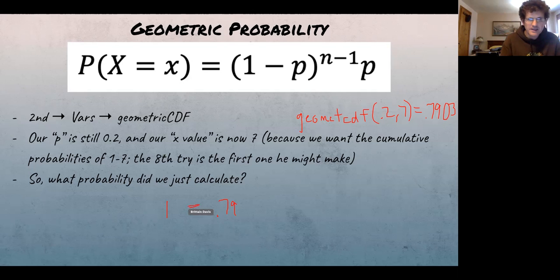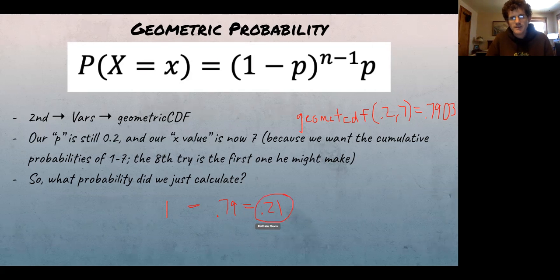I will eventually make it. There's an almost 80% chance I'm going to make it in the first 7 shots. I think it's too high of a probability, but this is going to be 0.21. There is a 21% chance it's going to take me 8 or more shots to get that done. Now we already know there's about a 4.2% chance that I will get it exactly on my 8th try, but there is a